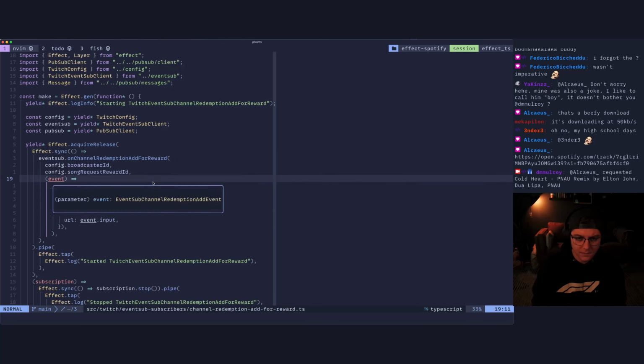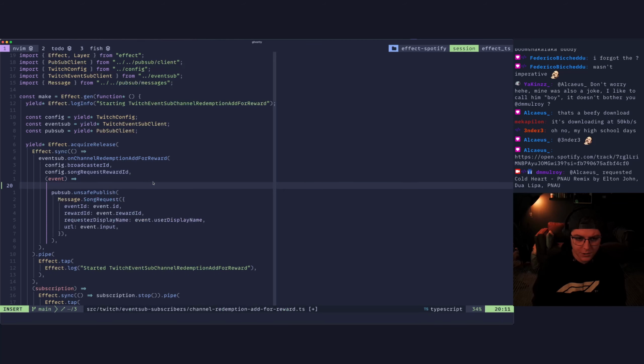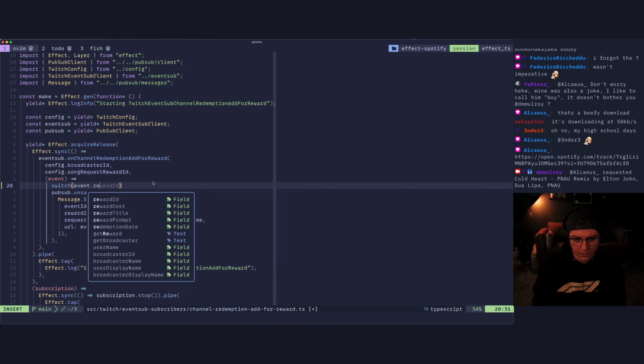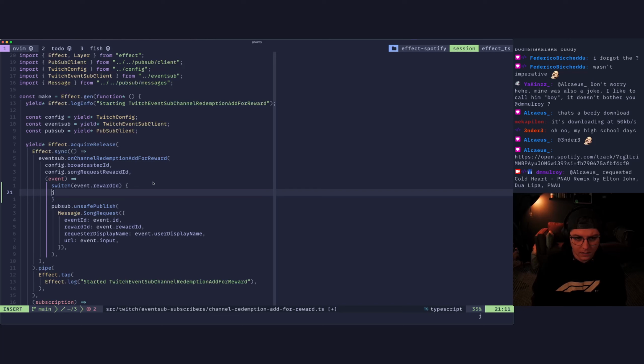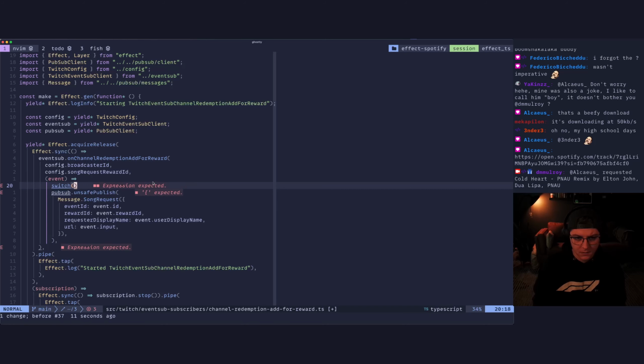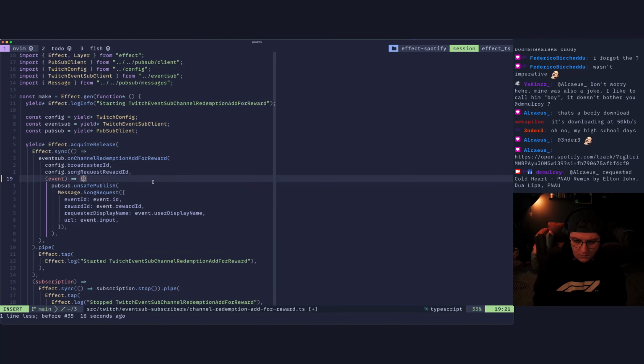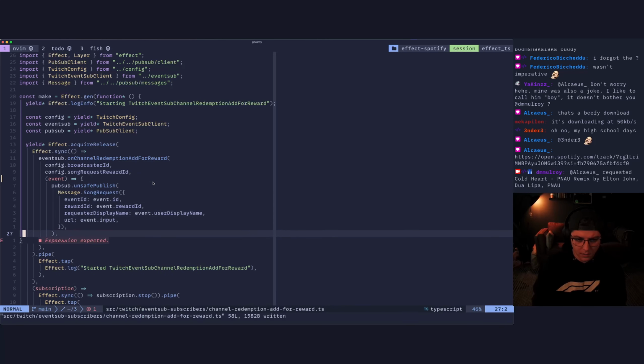We're going to have to switch on event.reward ID. Oh, this is not a function body. Annoying. Come down here and we'll throw that there.